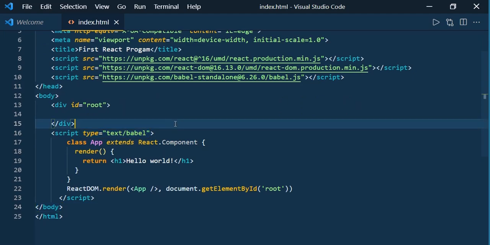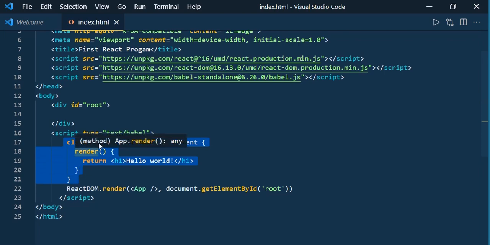So here we are using the text/babel type, so that we can use ES6 features in old browsers too. So this is the component, and the component name is App component. As I said earlier, I will explain how to create a component from scratch. Don't worry about it now.